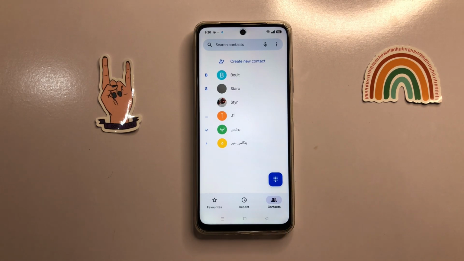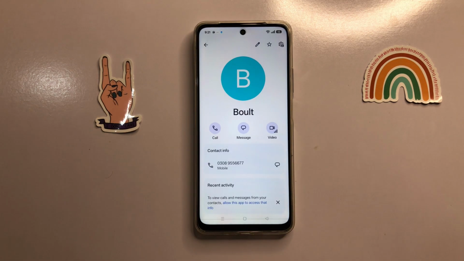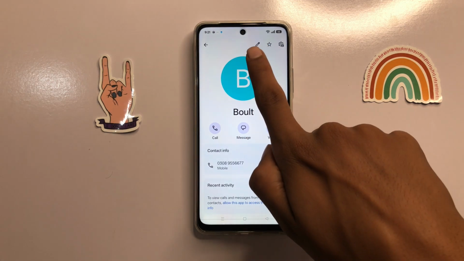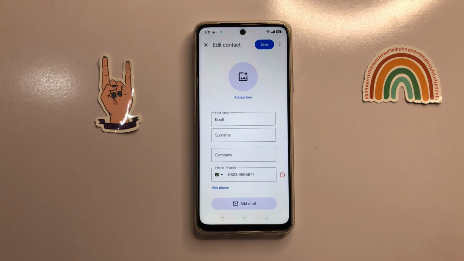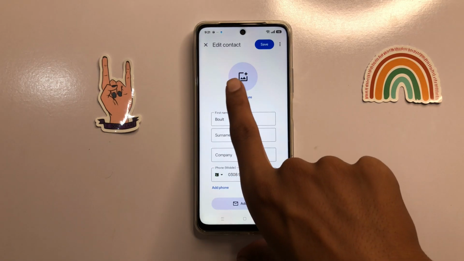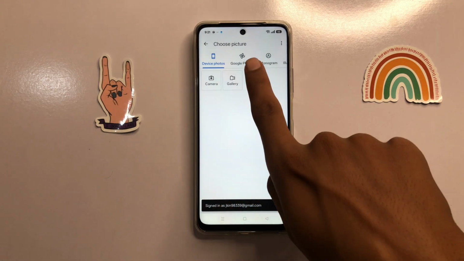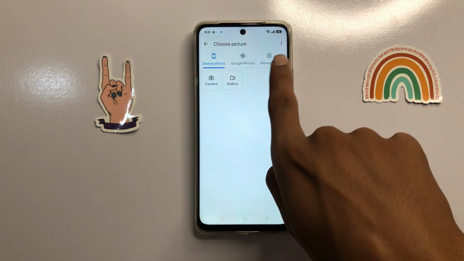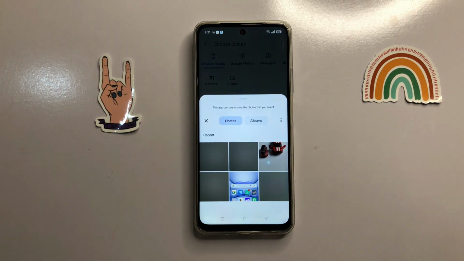Now click on contacts, and then here you can select a contact, and then on top you can see the pencil icon. It means the edit option. Now click on it, and then click on add picture. Now here you can add pictures, Google Photos, monogram, illustrations, and then click on gallery, and then here you can